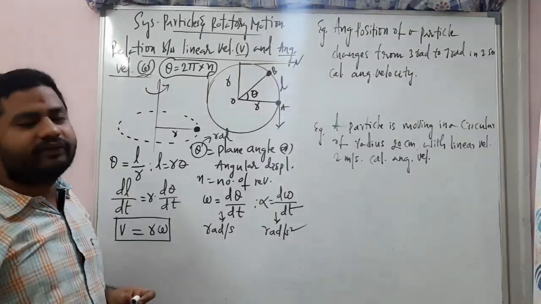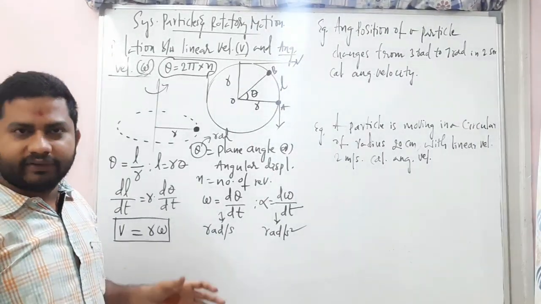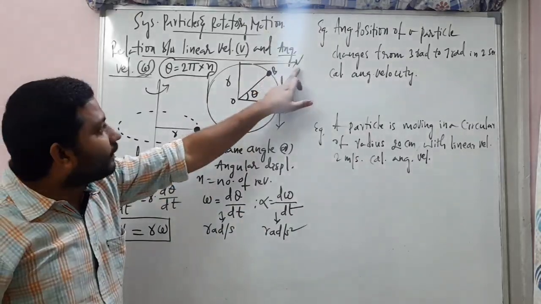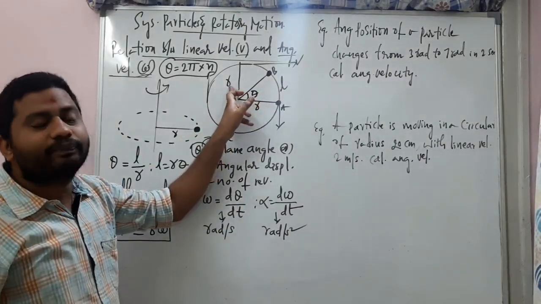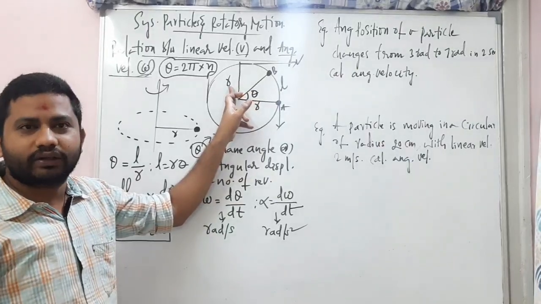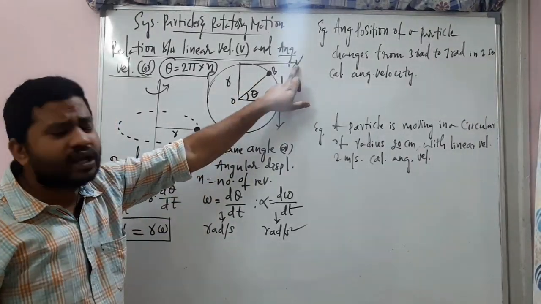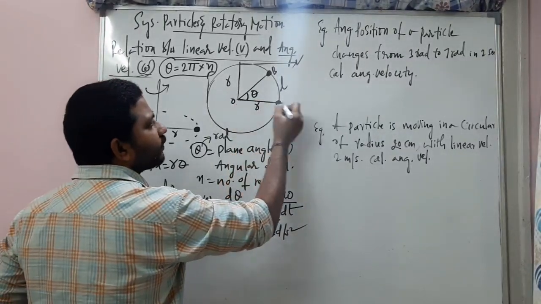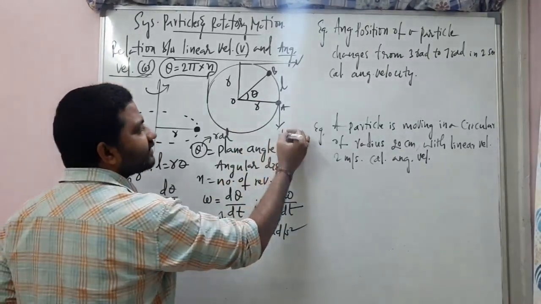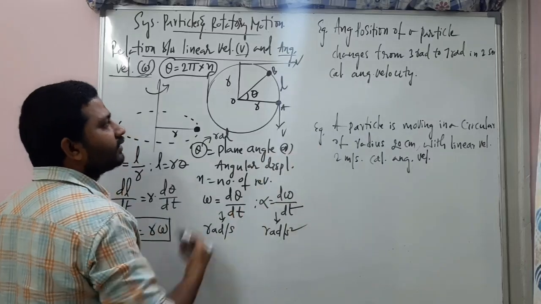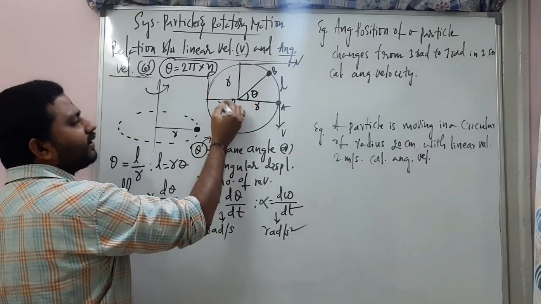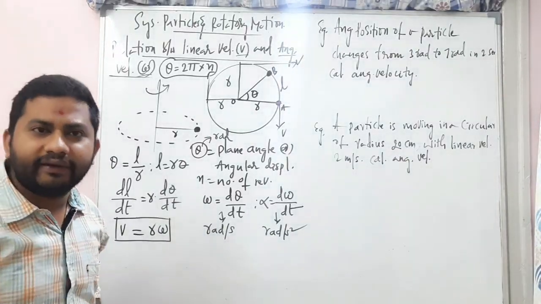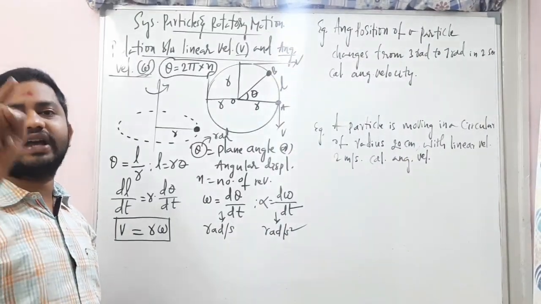And what is the angle between linear velocity and R? Tell me everybody. Write it in the WhatsApp group. What is the angle between linear velocity and the position vector or the radius vector? Here also you can see, if this is the radius vector r bar and this is the linear velocity, what is the angle here? And here also, what is the angle between this radius vector and the linear velocity vector? Everybody write down. Fast, fast. Answer me.